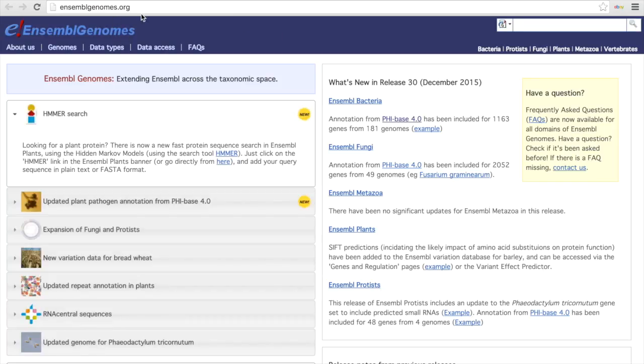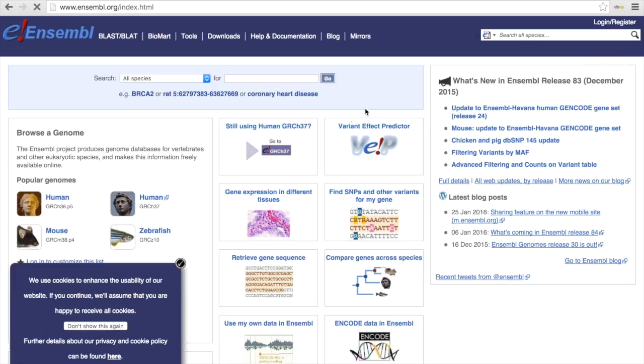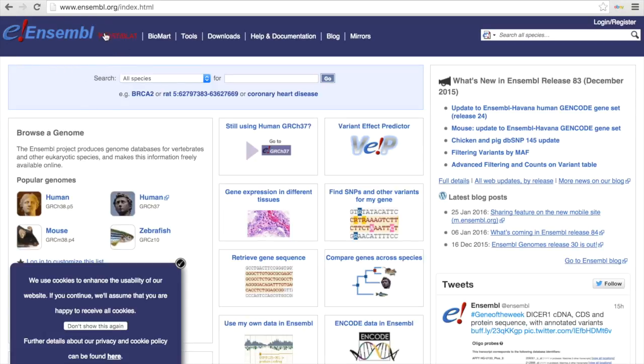You can Google Ensembl Genomes, or you could just type this into your browser. Now you'll notice that on the top right we have these different tabs. So we have the database for the bacterial genomes, the protist genomes, fungi genomes, plant genomes, metazoan genomes, and then the vertebrates. I'm just going to show you how to search for one of these particular species, Homo sapiens. So wise man, modern man, is a vertebrate. So I'm going to go to the vertebrate genome database,